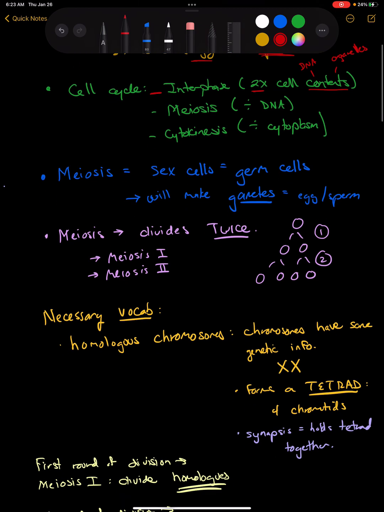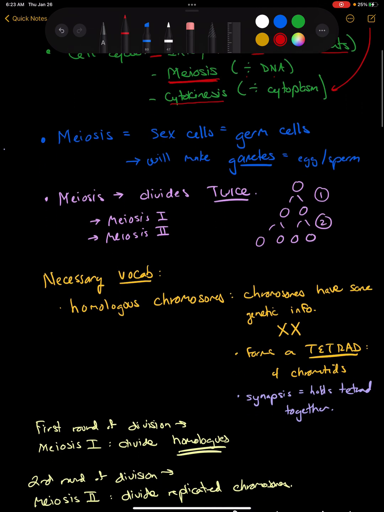But now, instead of going through mitosis, we're going to go through meiosis, because we're going to make our egg and our sperm today. And meiosis, by definition, is division of the DNA. Okay, I'm going to divide my nuclear contents. And then my last stage, cytokinesis. Remember, cyto means cell and kinesis is movement. I'm going to divide that cytoplasm. And cytoplasm includes all of those organelles right there.